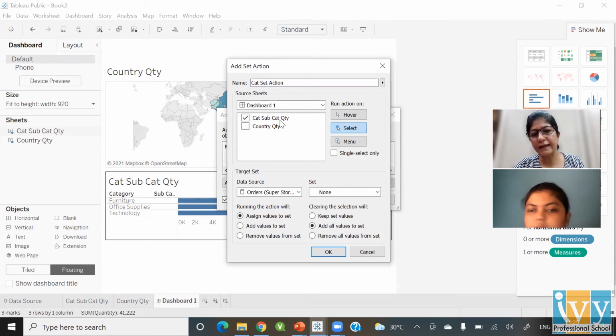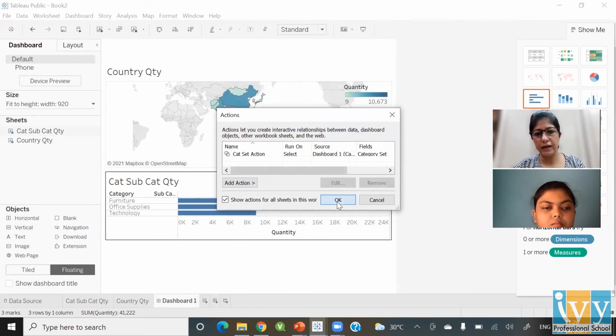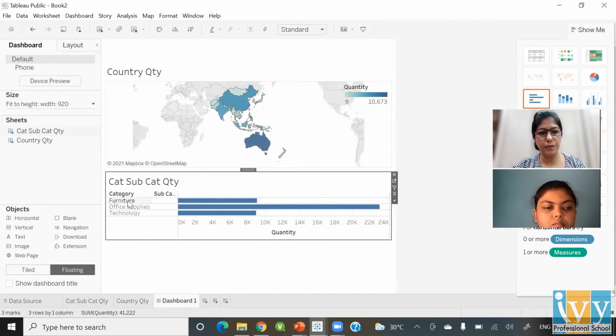I want subcategory quantity to get affected on the data source of orders when there is a change in the set of category set. So this has nothing to do with country, because what we are doing is selecting a particular category in my subcategory category quantity, and then based on that, I want to see the subcategory. Hence, we selected this one visualization, and let's click OK. Let's see if it works.